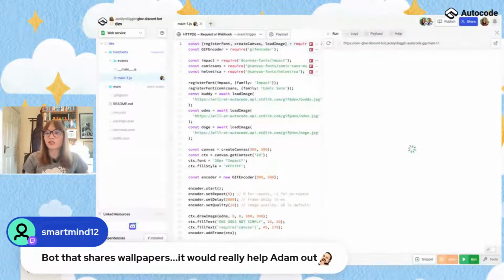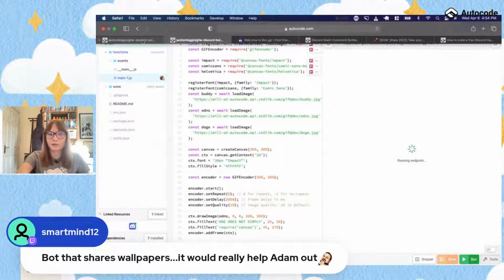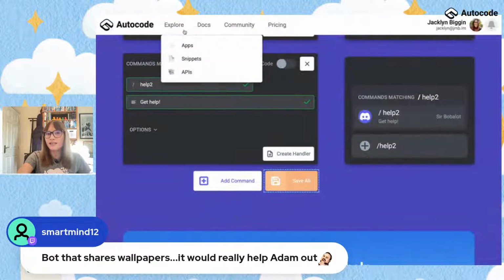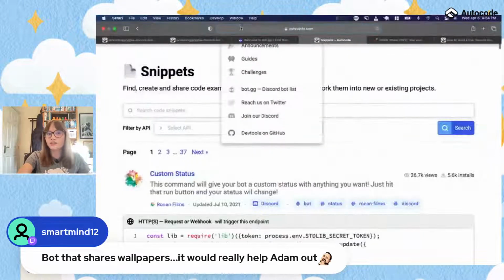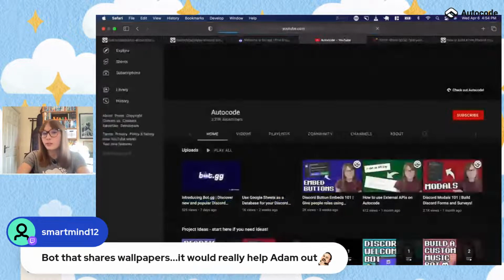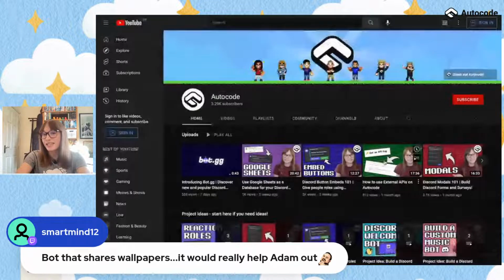I've not really had time to show it, but while this runs and does its thing, I will just show you. We do have a thing that lets you connect to Google Sheets. Going over on the Autocode YouTube channel is a better way of me doing this. Google Sheets is a great way of storing data if you don't want to spin up an entire database.